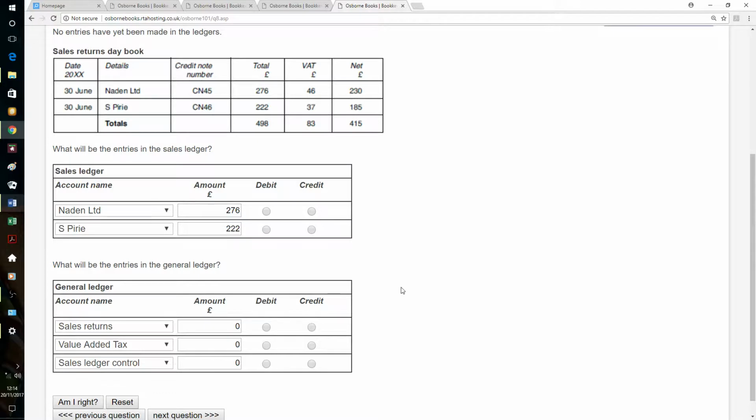So sales were credits and purchases were debits. Sales return is a debit, and that will just be the net, VAT, and that one, so that belongs to there. That's double entries, 498 debits, 498 credits. So our customer's account will be credited